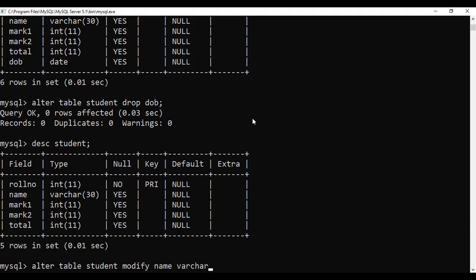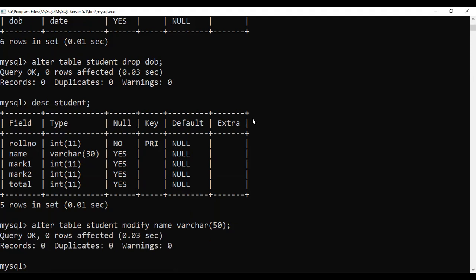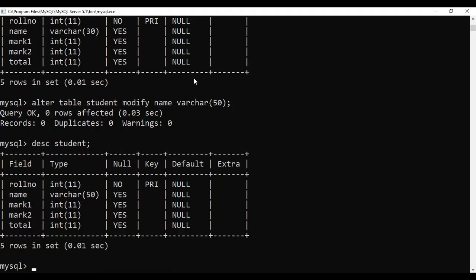I have to modify to varchar of 50. You want to change from a smaller size to a bigger size. When I see DESC student, you can see varchar of 50. It is updated, isn't it? So these are the things.